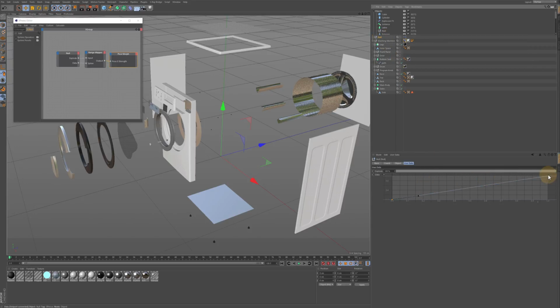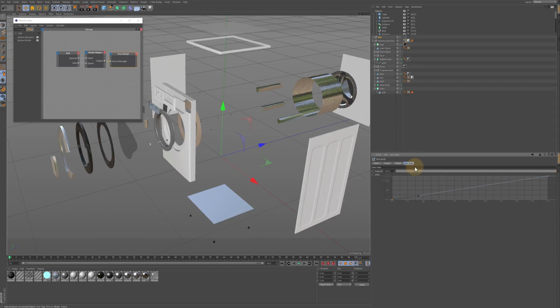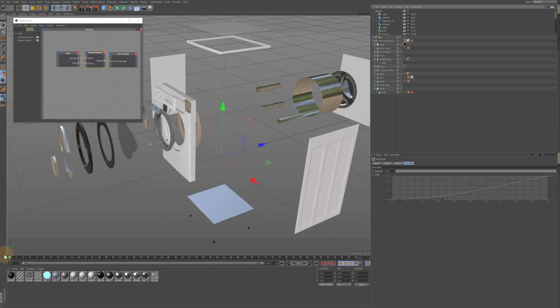Okay, I'll just play the values to make the fun stuff. And just for the check, okay, range mapper is looking good. All values are fine. And the spline,